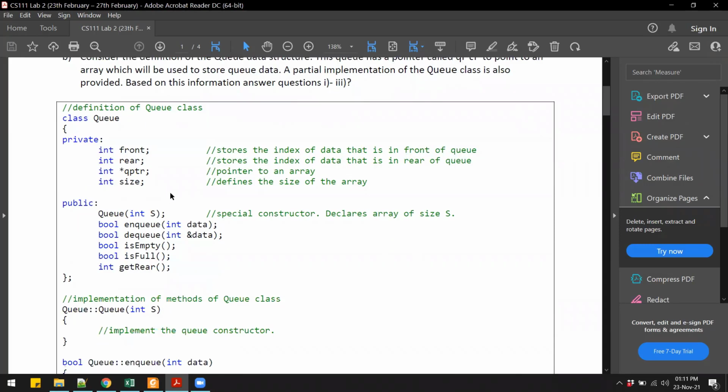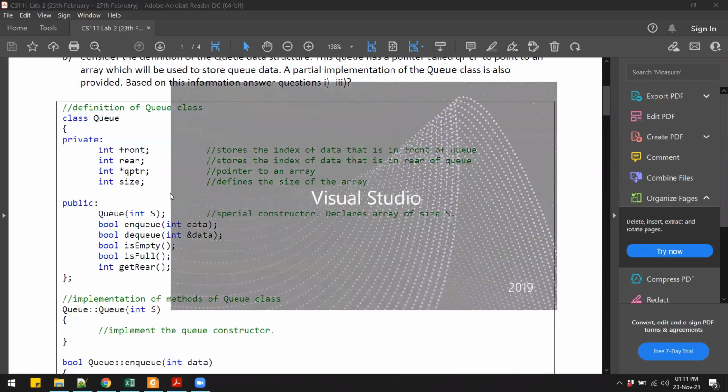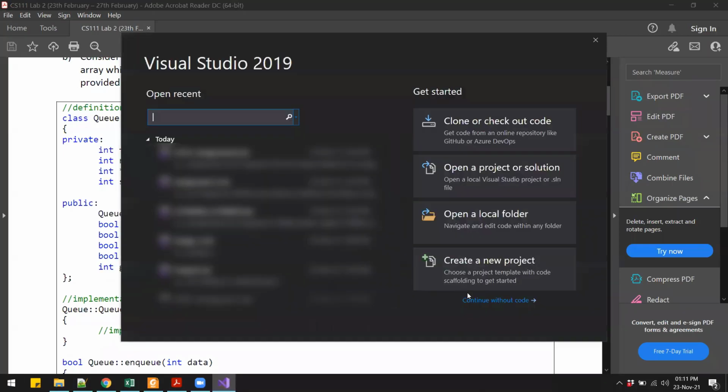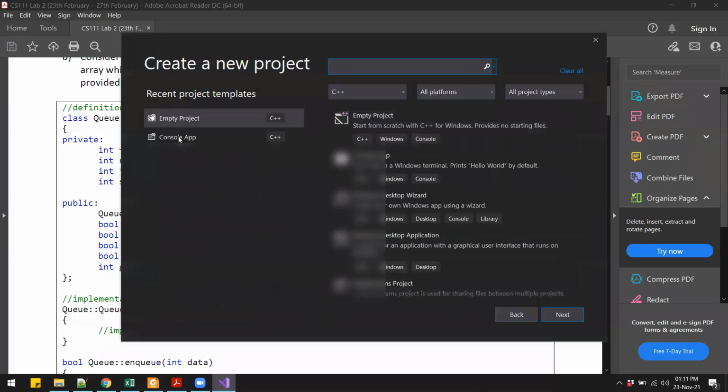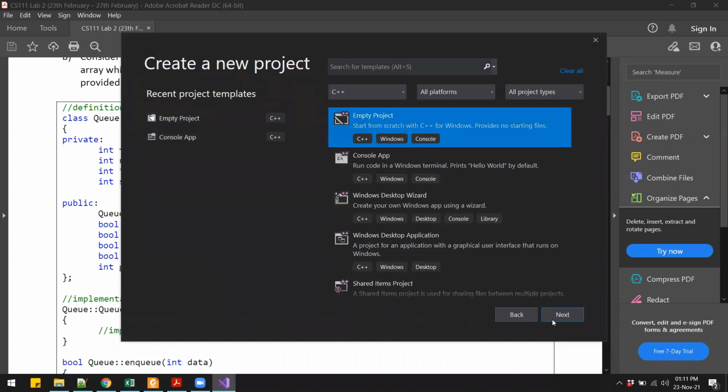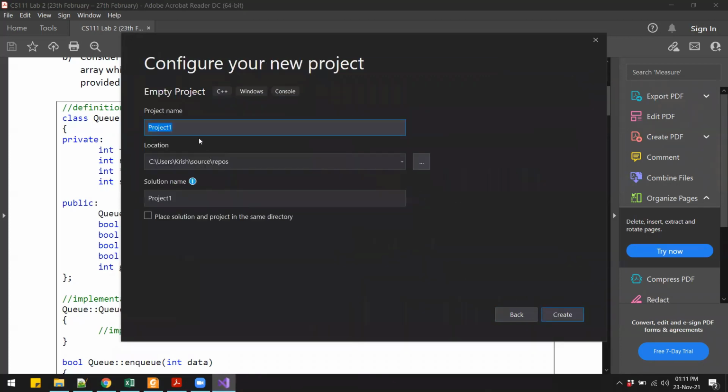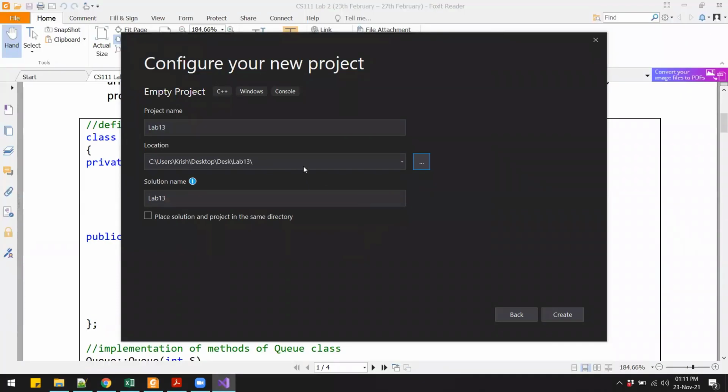So what I'll do is open up my Visual Studio and create a new project, an empty project. Next, I'll call this lab 13, and I'll save this in my lab 13 folder on my desktop.